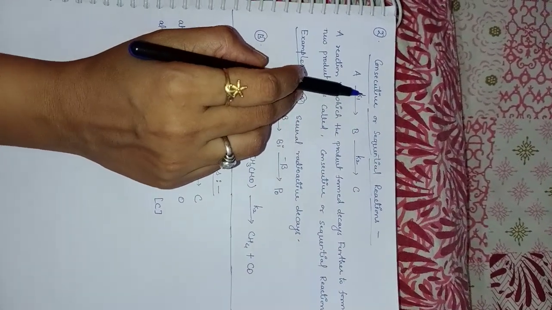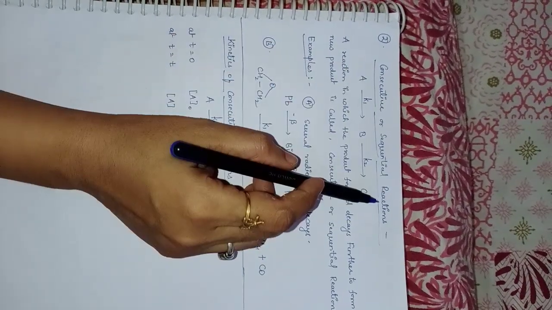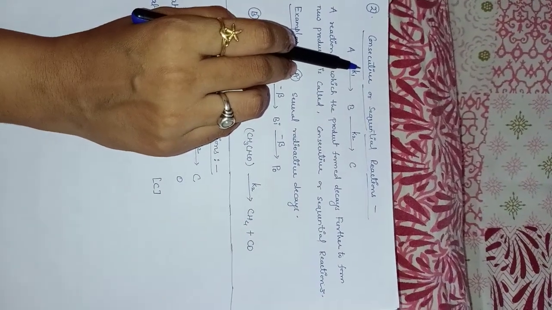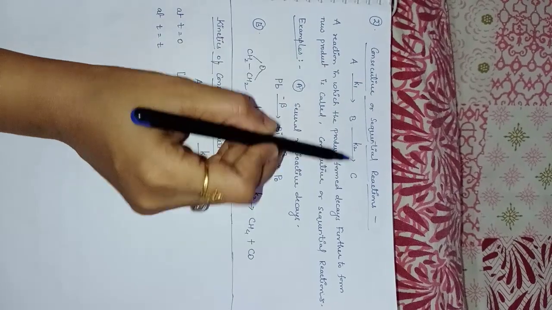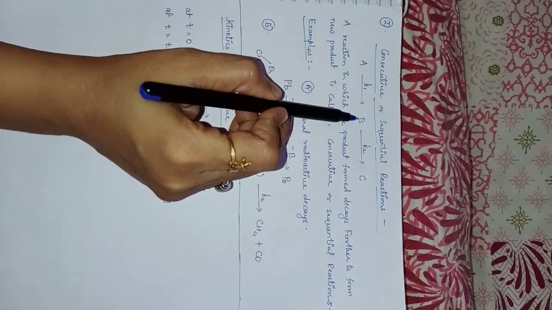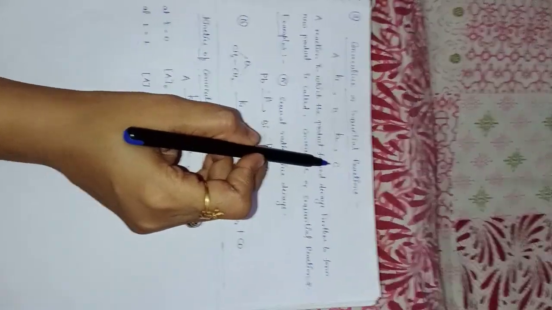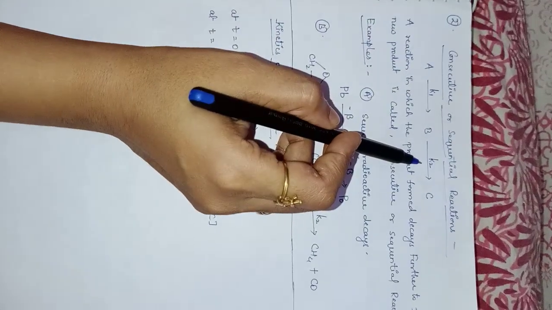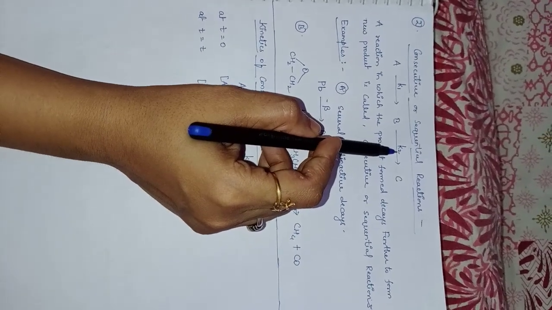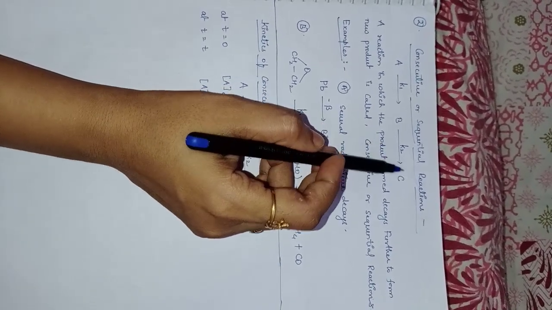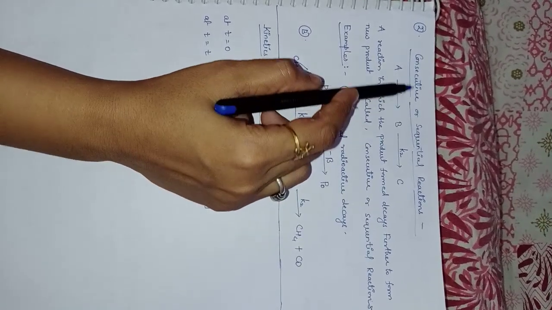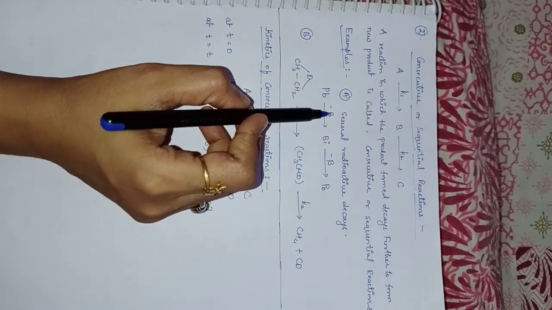Now we will start the second type of complex reaction, which is the consecutive or sequential reaction. I told you very briefly about this in my first video, but again I will discuss it in detail. You can see this example where A is decaying, or you can say forming B after decomposition, and B is forming C. So this is a sequential reaction, and the respective rate constant for A to B is K1 and B to C is K2. A reaction in which the product formed decays further to give a new product is called a consecutive reaction.